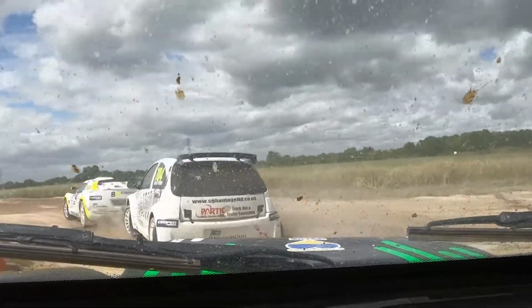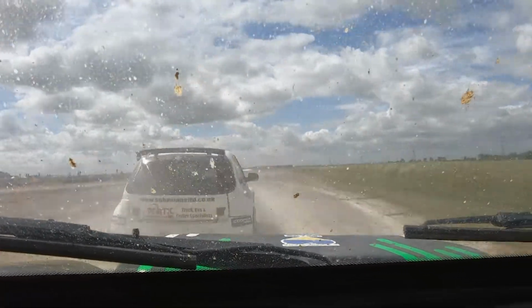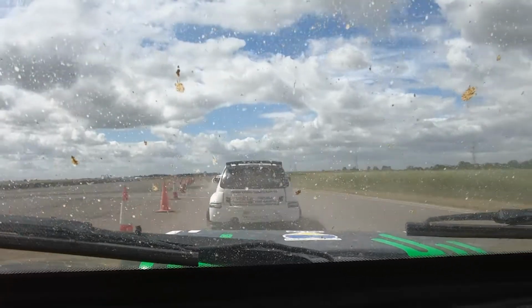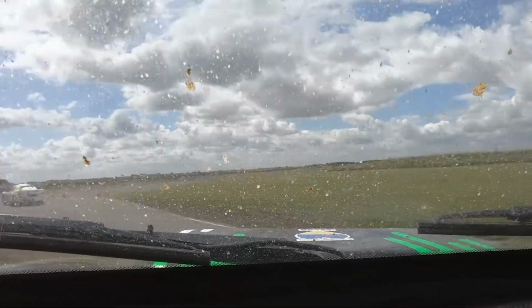Then another double left-hander over the loose, and then up towards the famous Lydden jump. The car's not getting too much air over there because of the tight corners beforehand. Then it's down the back of the course, through the straw bales and the cones, through the chicane there, along this short straight section. Then a little flick to the right, and then into a tighter left-hander, a double left